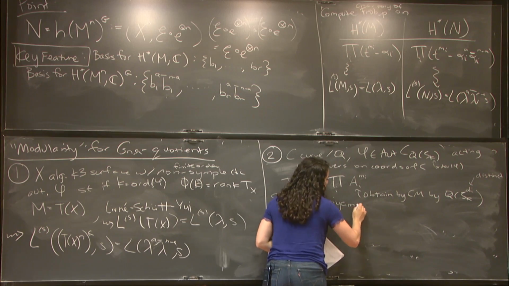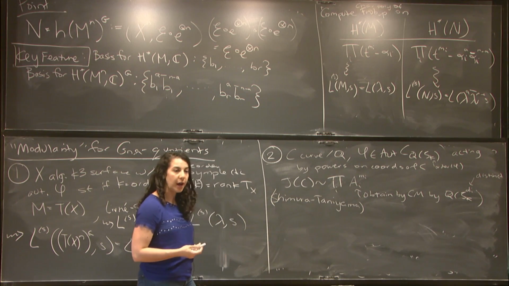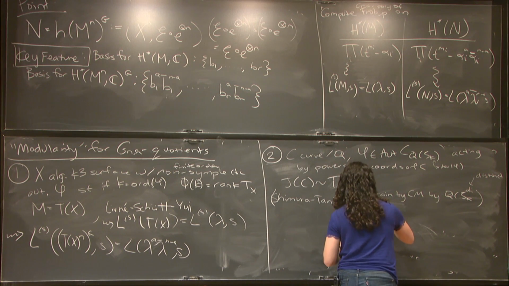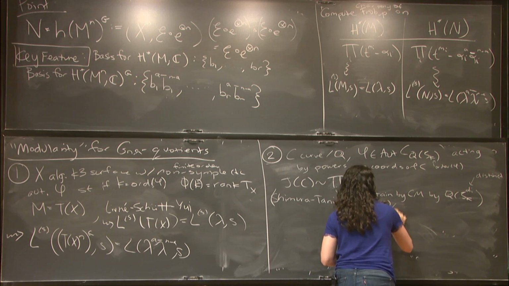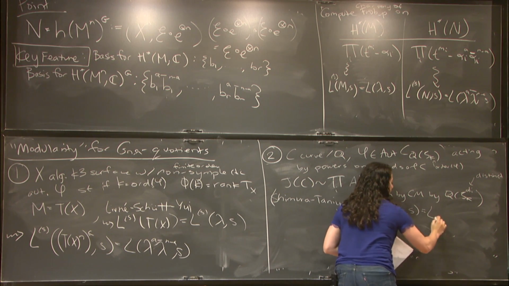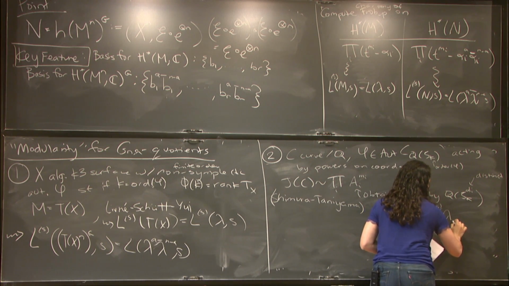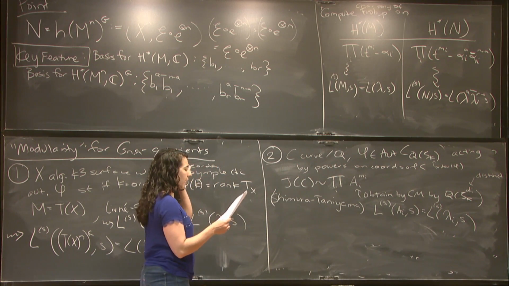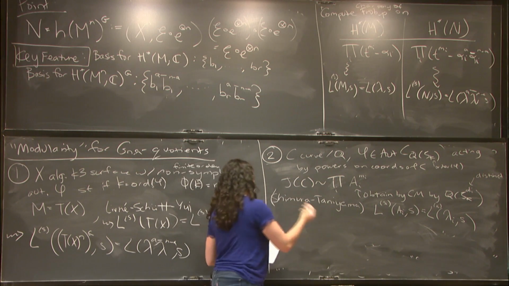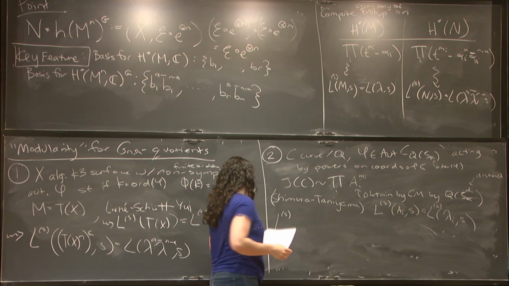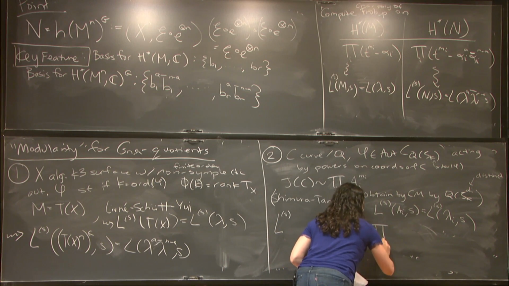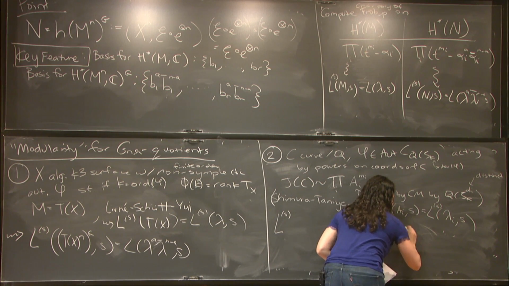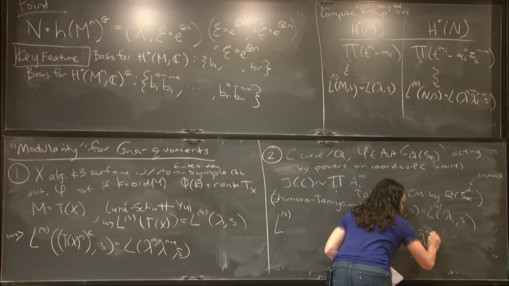Shimura and Taniyama have a result on modularity for CM abelian varieties, which gives me this equality of L functions that I want, right? So for any I, I'll have some set of bad primes and an algebraic Hecke character, lambda sub I, giving me an equality like this. And then our result says that this product over all I equals these same things that we're used to seeing now,